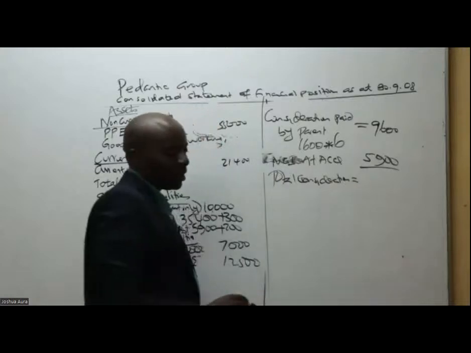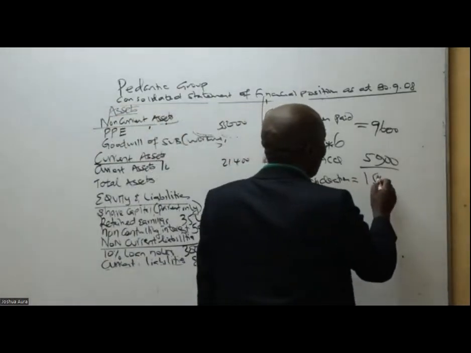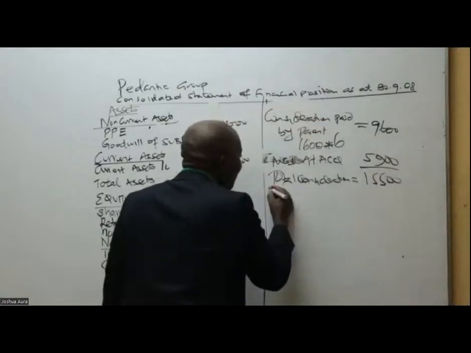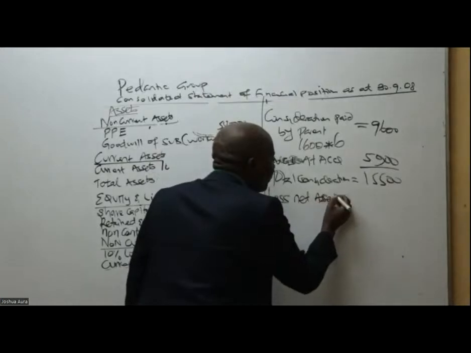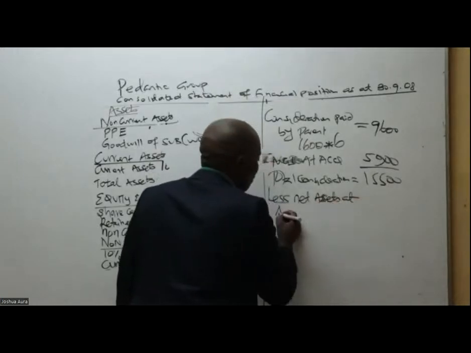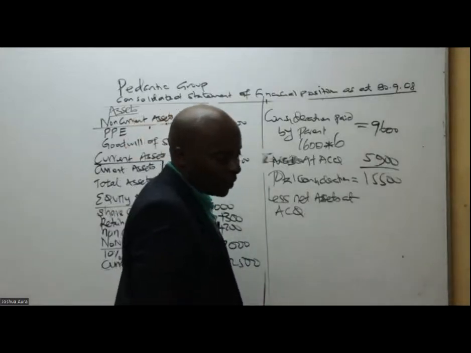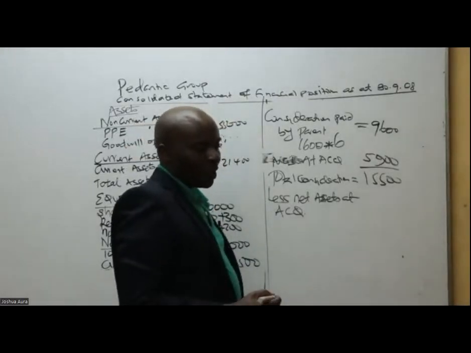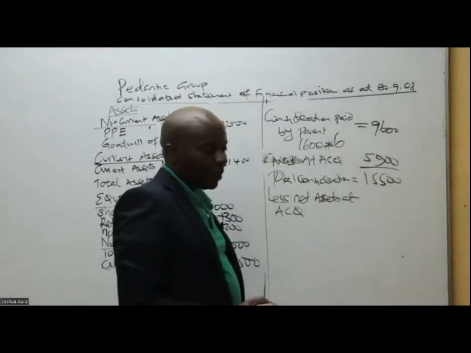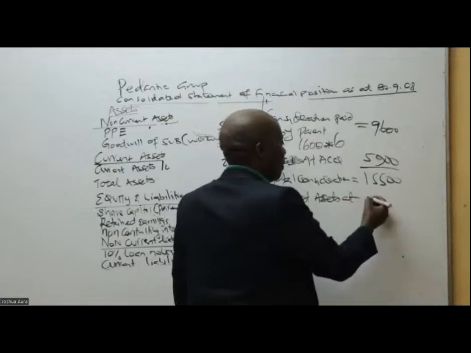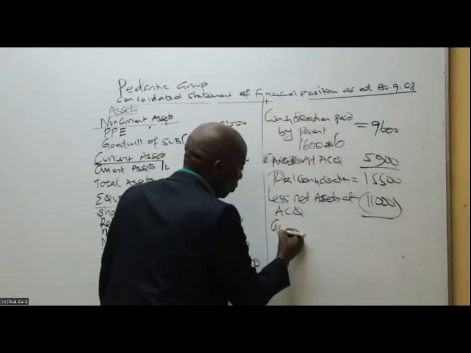What figure are we getting there, somebody? 15,500. So come on, the less net assets at acquisition, which you gave me some figure. Are you able to remember the figure that you gave to me? It is 11,000. So when you subtract like this, you're able to get what we call goodwill